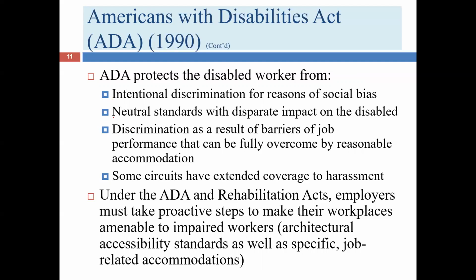Another thing that can sometimes come up, and this one is a bit of a tricky one. These are neutral standards with disparate impact upon the disabled. You know, we talked about disparate impact in the Dothard case, Rawlinson versus Dothard, which involved the woman who was under 120 pounds and she was denied employment as a prison guard. The court ultimately held that a weight requirement of 120 pounds had a disparate impact upon women, because relatively few adult men are going to weigh less than 120 pounds, but a relatively significant number of women will weigh less than 120 pounds.